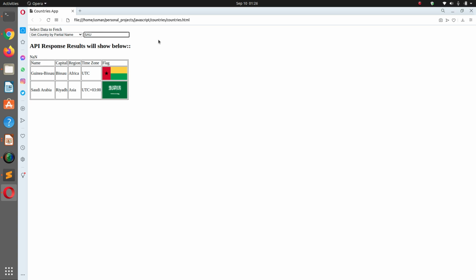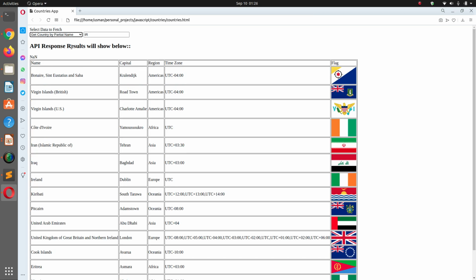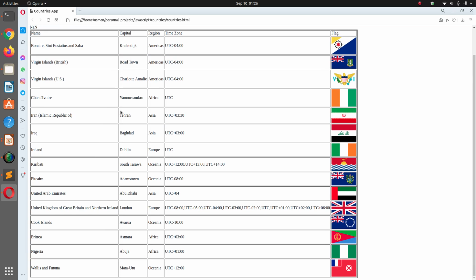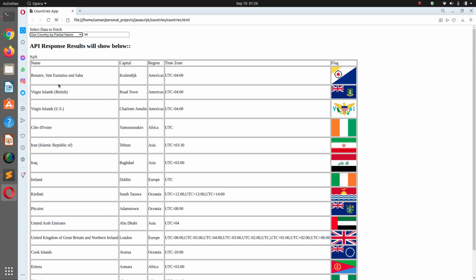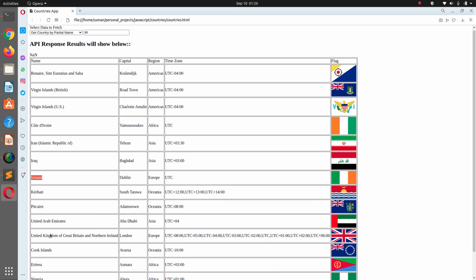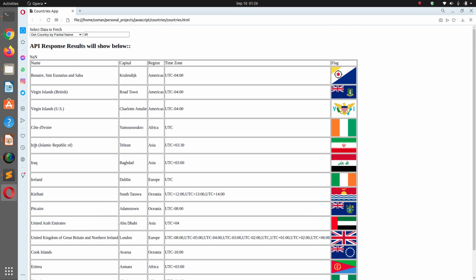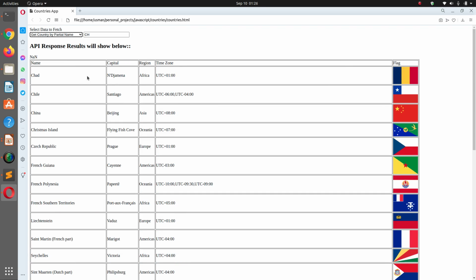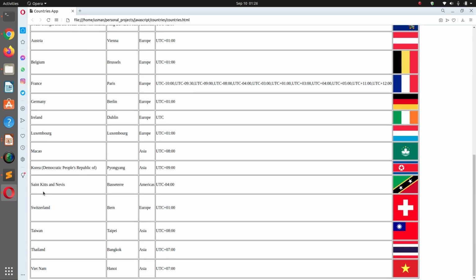Now if I try to search IR and let's see what it brings up now. So it brings up all the countries which have IR. It includes Iraq, Ireland, and Iran as well. Yeah. So if I type in CH, it should bring up China, Chile, Chad, and other countries that have CH